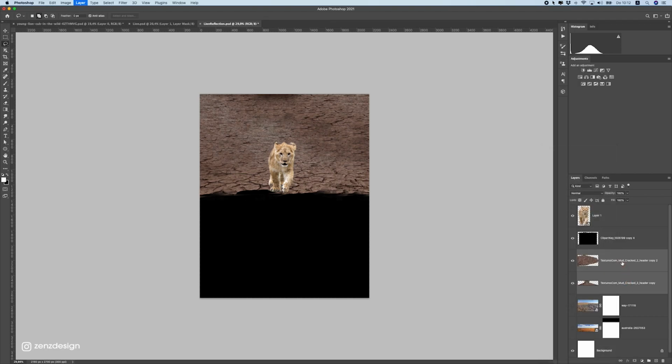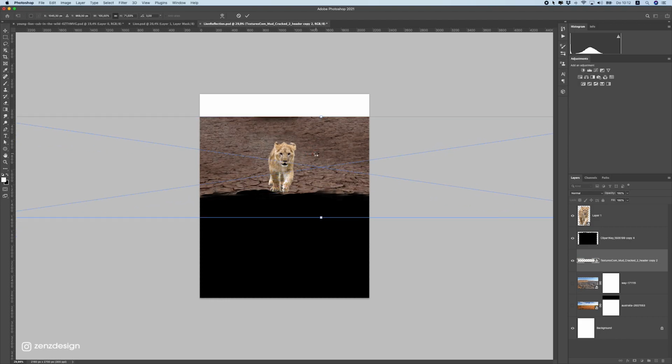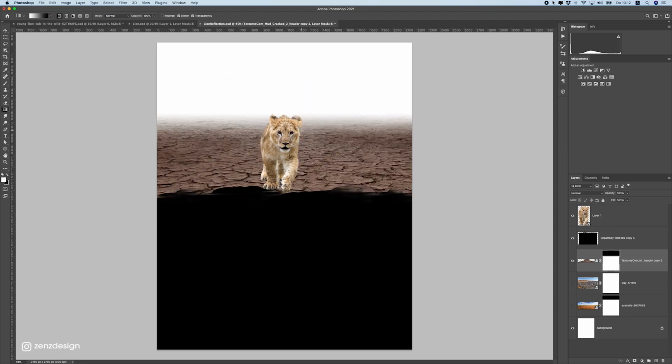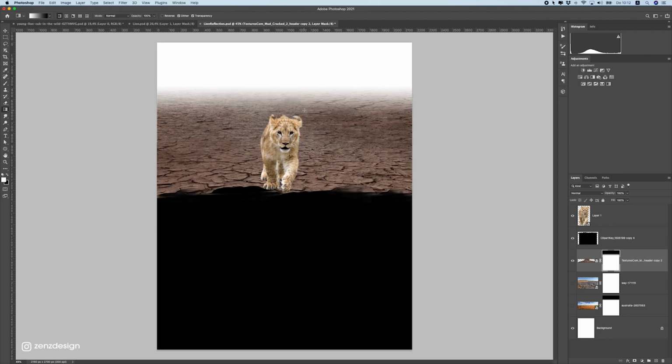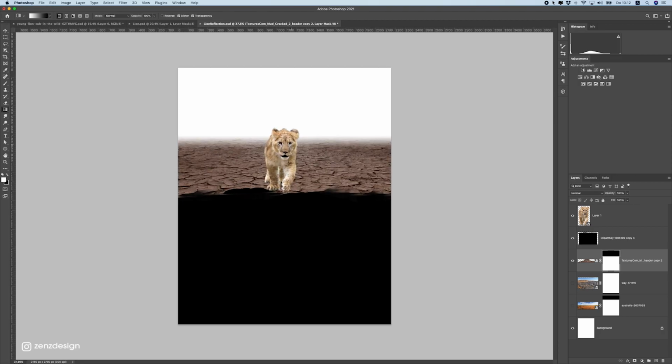Now let's make sure to make a smart object again from this. And we can even flatten this a bit more. I think this looks fine. Now let's make a mask here and select the gradient tool. Make sure to press D on your keyboard so you have white to black, and hold down shift and just make like this little line. And later on we will create something there in the background. This is just for now to make sure we have some ground.